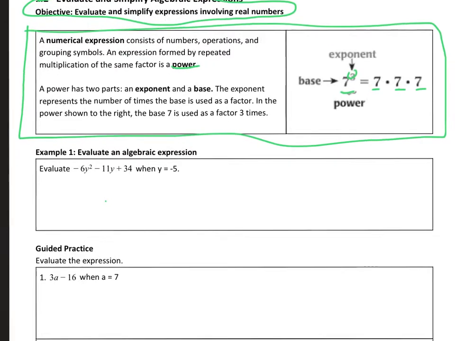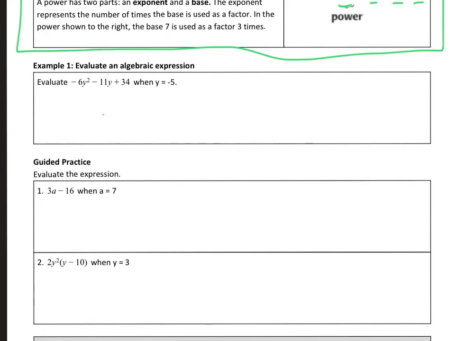So getting into example 1. We want to evaluate this expression when y equals -5. So we have an algebraic expression. It would be easier to evaluate if it was numerical. So what I'm going to do is I'm going to take y, I'm going to substitute out y and substitute in -5. So what this will look like is -6 parentheses -5 to the second power minus 11 times -5